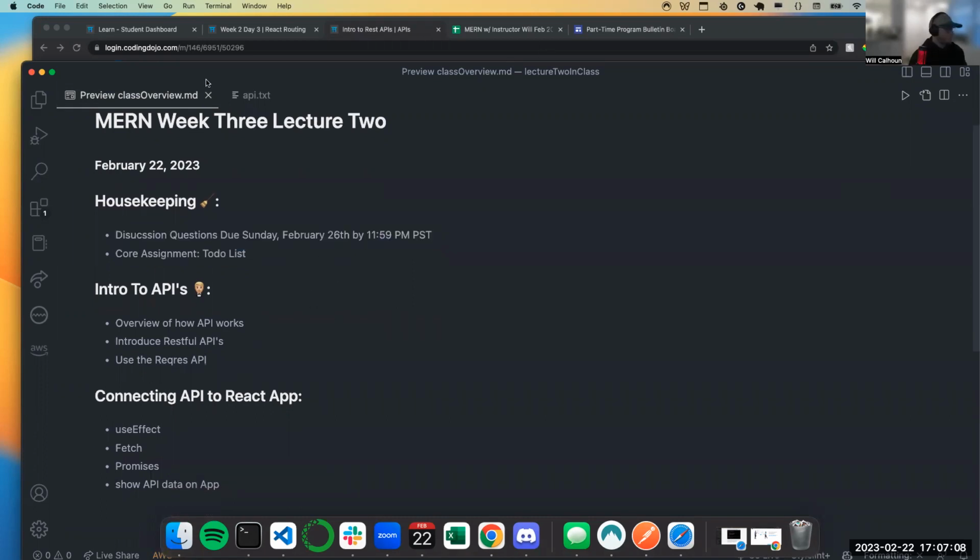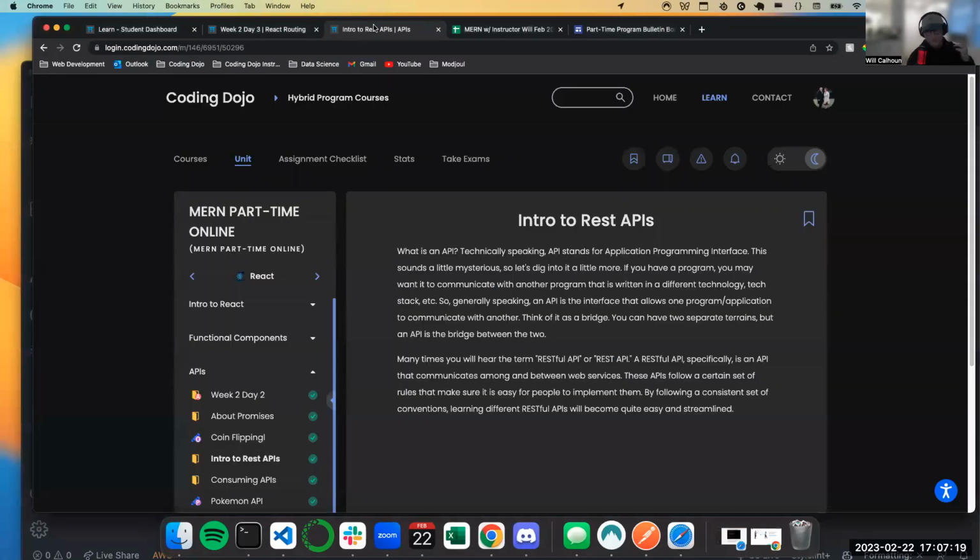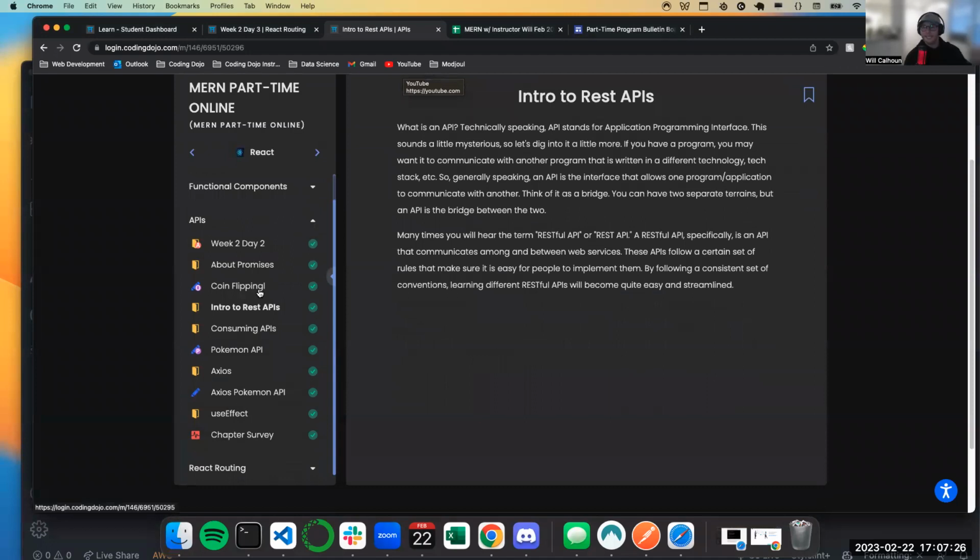Perfect. Cool. Well, today, what I really thought we would do is spend some time on APIs and introducing APIs. I know that we had a pretty good discussion in office hour today about how some of this seems kind of out of order, and for that, I apologize. I actually agree. I think it is a little bit out of order. So, with your permission, I'm going to go a little bit different than the other instructors and talk about some things.